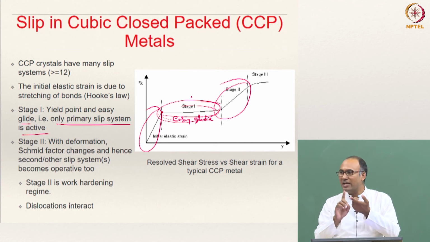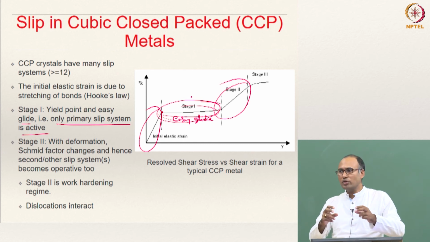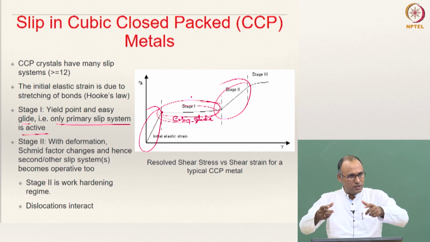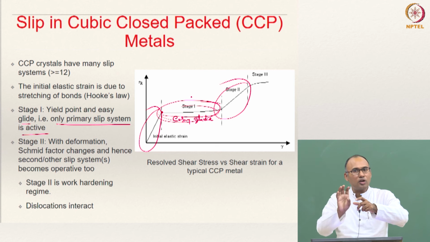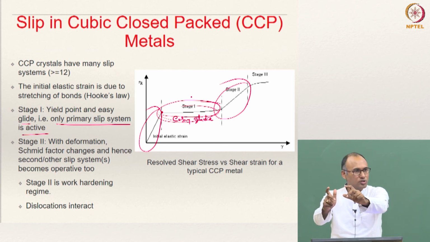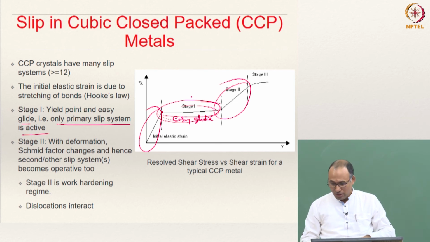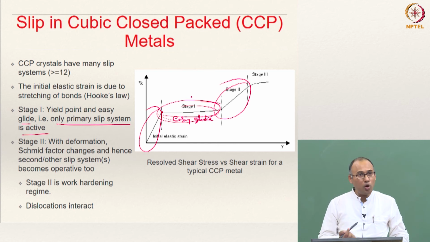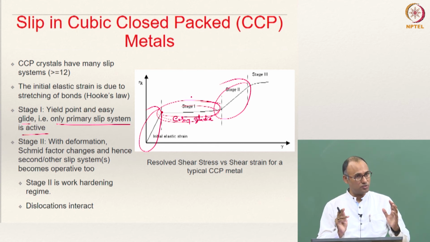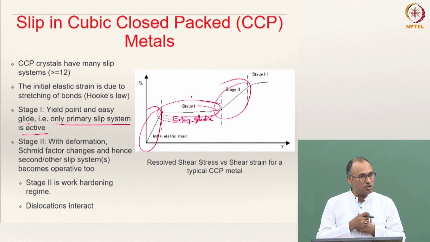They do not stop, but they hinder the dislocation motion, and then what you need to do is put in more effort to overcome that obstacle or resistance, and then you continue the dislocation motion. But by this time, you have already applied a sufficiently large resolved shear stress, which means